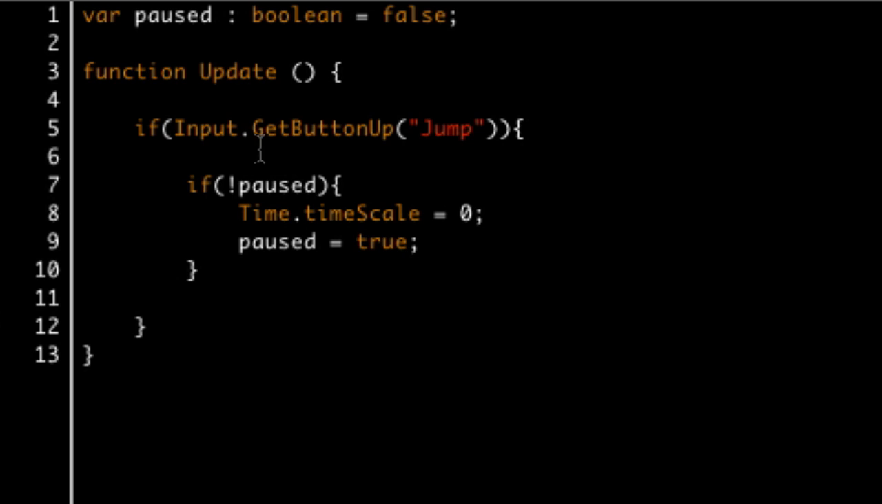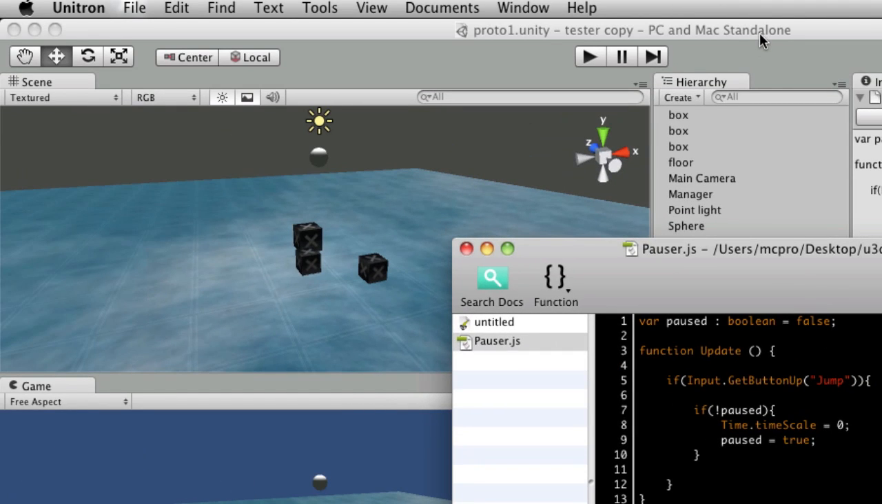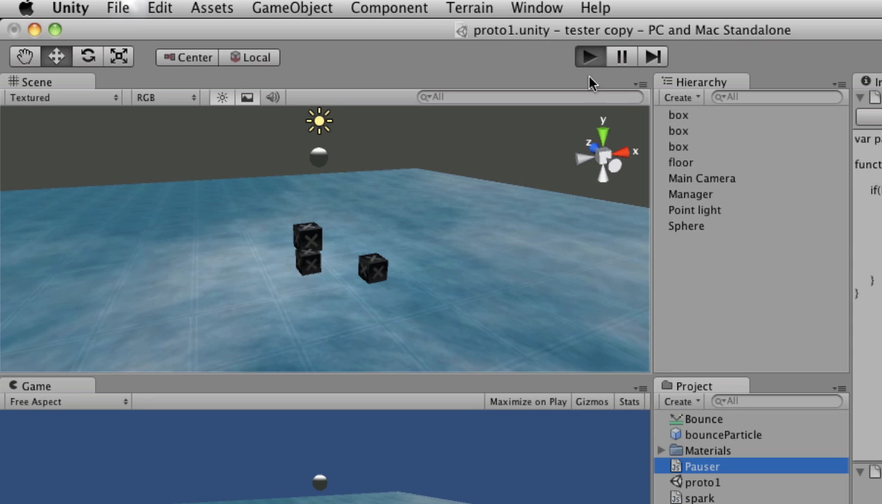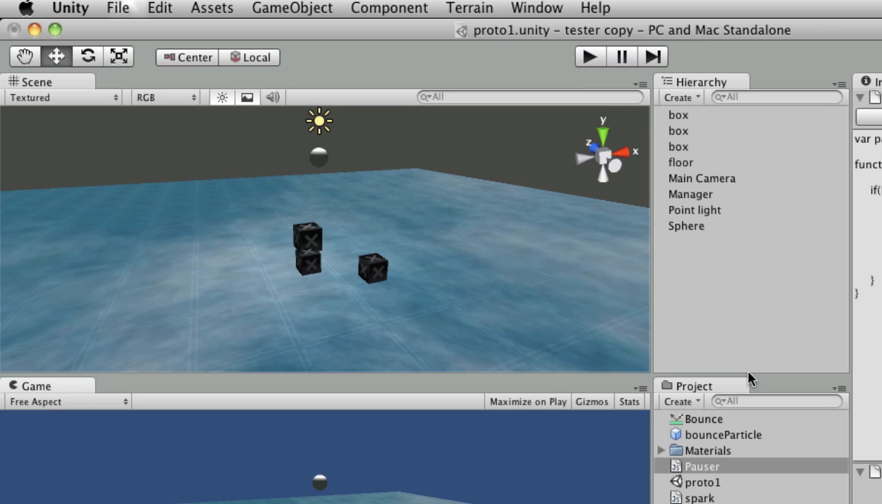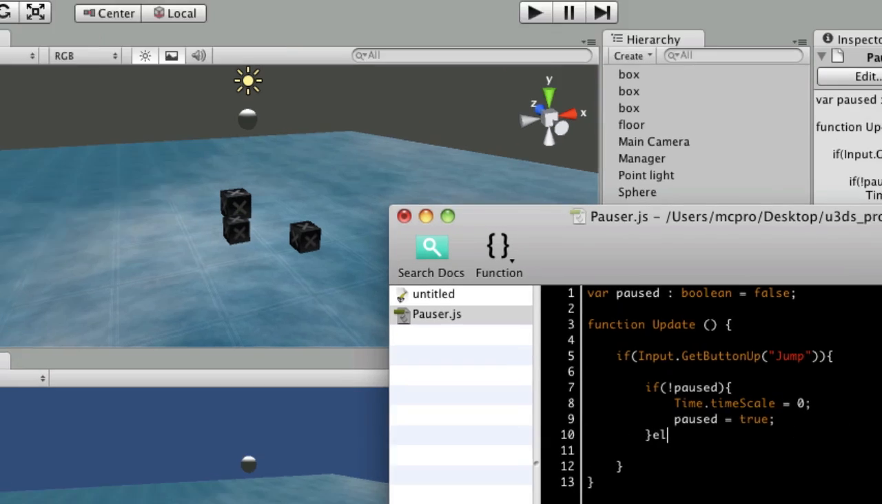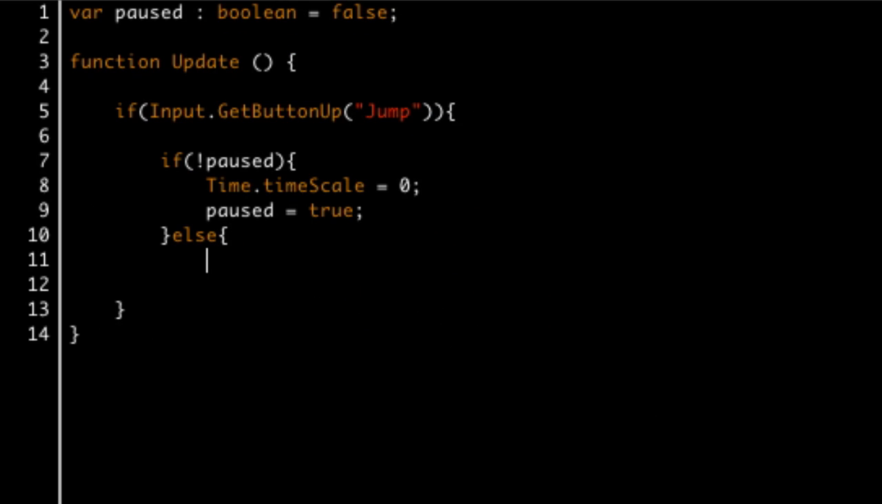And we'll just save that, switch back to Unity, drag the script, drop it onto the manager, and try testing the game. So when I press play and release the spacebar, it pauses the game. Now I don't have any way of unpausing it yet, so I'll stop play of the game and return to my script. This is where I need to build in an else condition